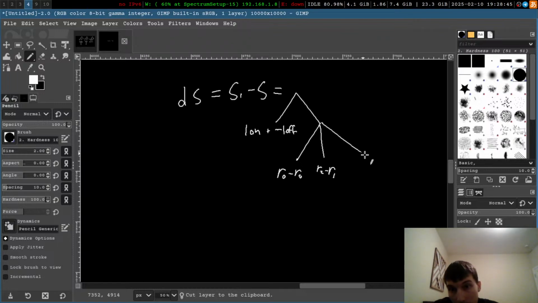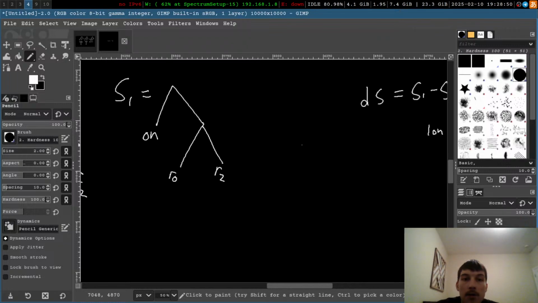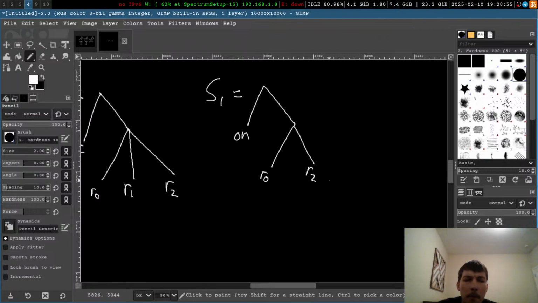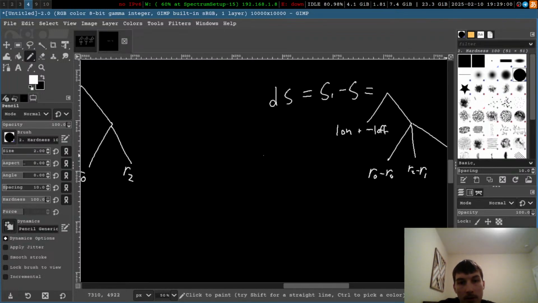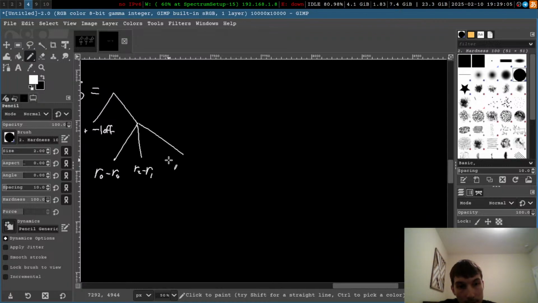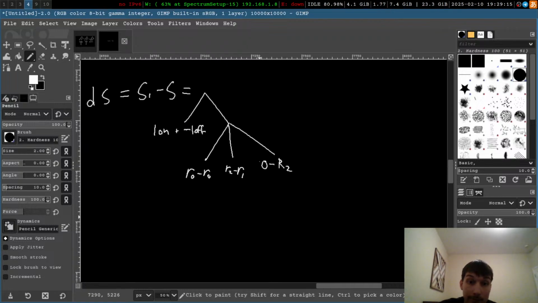And then this is going to be nothing minus R2. As in this is just going to be nothing minus R2. And yeah, that's it. So now we have this new tree